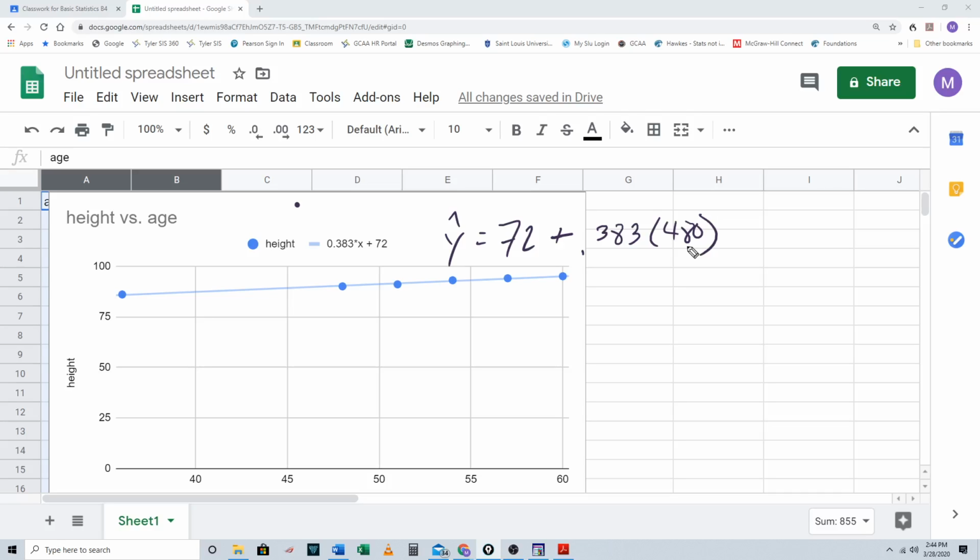Now, to be honest, I don't even have to say that this prediction is silly, because do you constantly grow at the same rate from when you're 5 to when you're 40? No, you stop growing, and honestly, even in your teens, you grow differently. As you grow as a child, you grow differently in your teens, and you grow definitely differently beyond your teens, because you tend to stop growing at a point. Okay? So, yeah, it's honestly silly, because if I convert this, by the way, I get